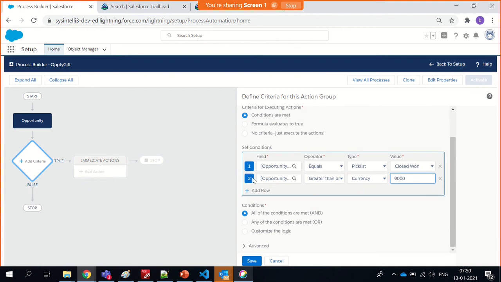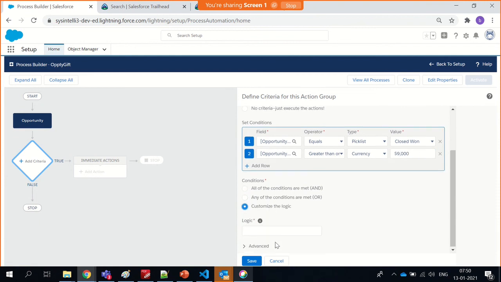So okay, for this one and two, do you want it to be an AND condition? You can say all of AND conditions, or either this or this. If you wanted to say that, hey, either it is a closed one or 9000, I can make an OR statement, or you can write a custom logic where you can write,